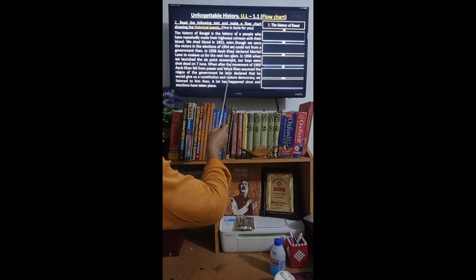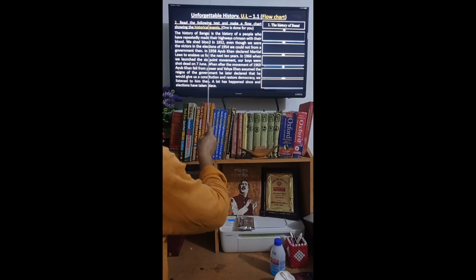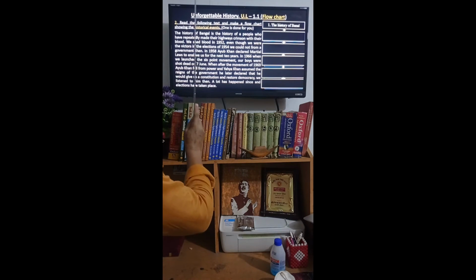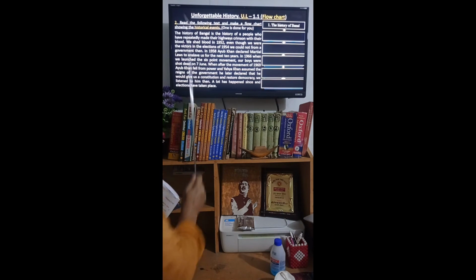This is the technique of writing a flowchart, and these are the common information about flowchart, and this is the target of NCTB to include flowchart in your syllabus. It's question number 2 of your first paper. Read the following text and make a flowchart showing the historical events, one is done for you. This is the question, or this is the headline. You have to supply information relating to this headline,